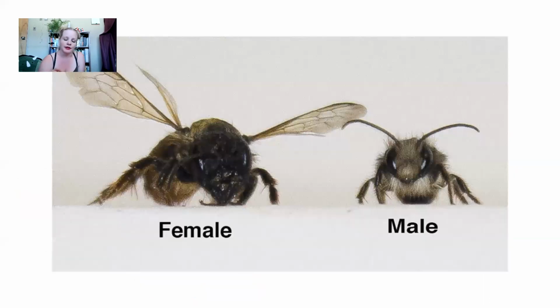But there are always exceptions to the rules, so let's talk about some of the exceptions in this case. Some animals, such as wasps, bees, and some ants, have their biological sex determined by their ploidy. Female bees are diploid and male bees are haploid, and male bees develop from unfertilized eggs.